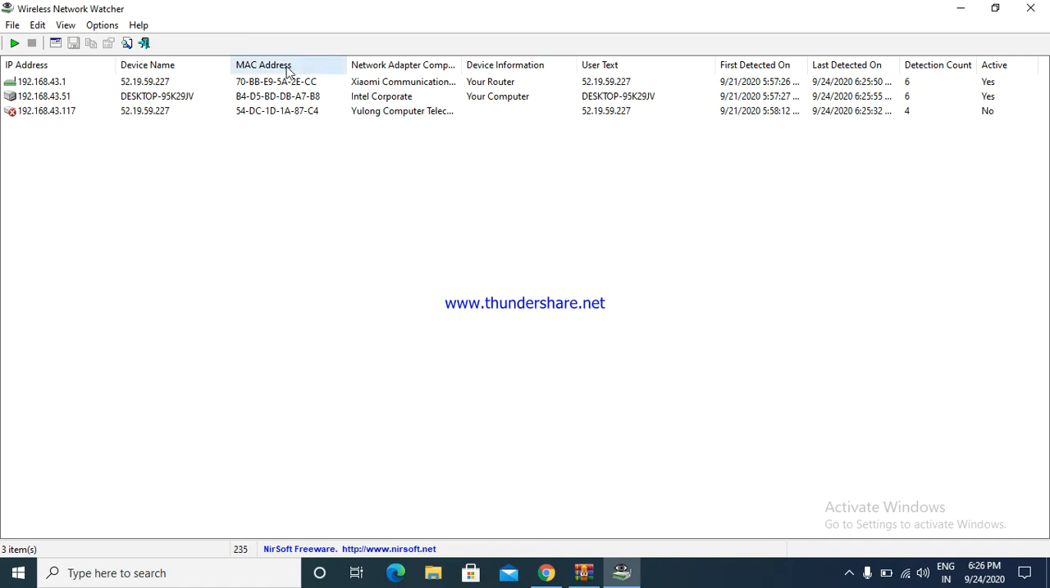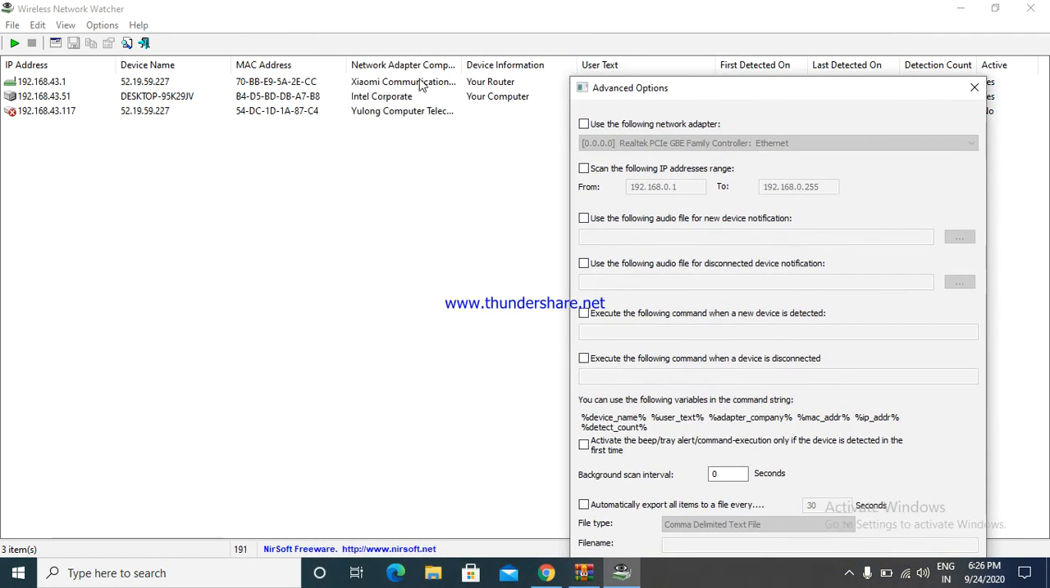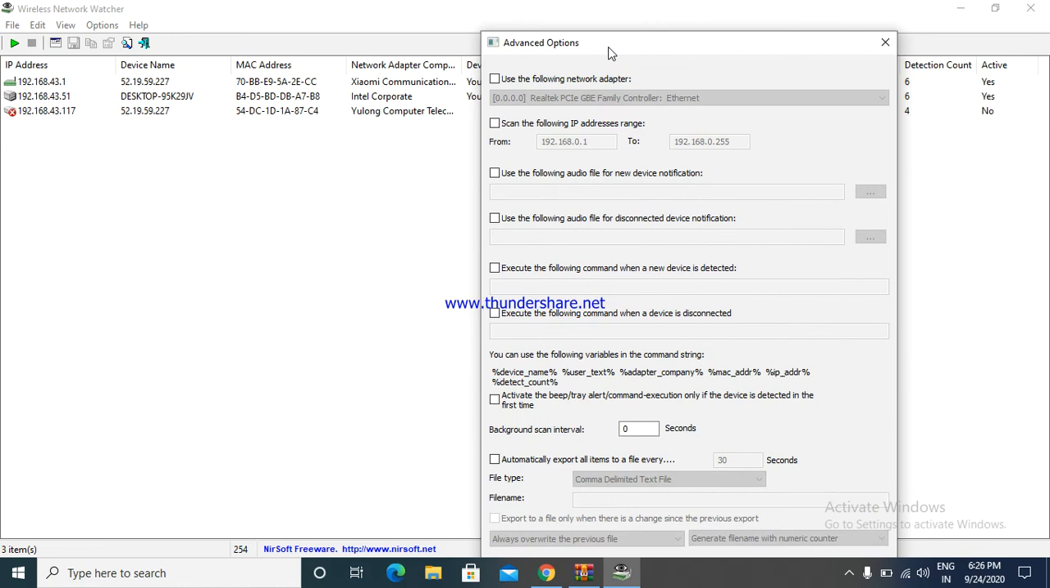Okay, let's see the more options available in this tool. This is stop scanning. While scanning, if you want to stop, then we can use this. This is the advanced options. Let's see some more advanced options. If we want to use the following network adapter, the network adapter is simply the network adapter component. Simply we can use this network adapter name